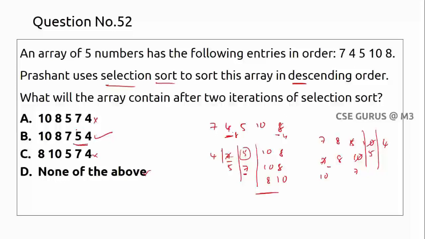So first you have to check 2 iterations. If it is 3 iterations, check the last 3 elements if it is descending. So now if I directly see 4 and 5 here, I can directly say the answer. No need to go through every statement. Simply check for selection sort: what are the smallest 2 elements? Here 2 iterations, that's why the smallest 2 elements should be at the last 2 positions. So the answer is option B.